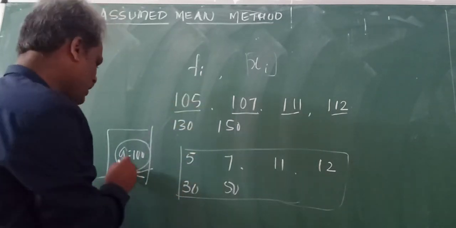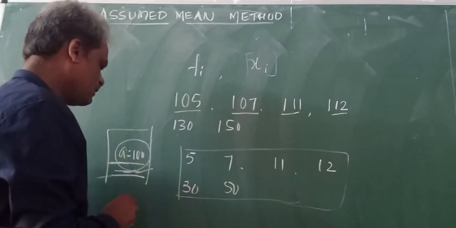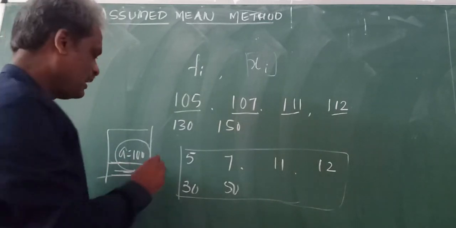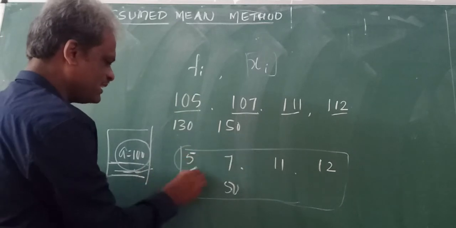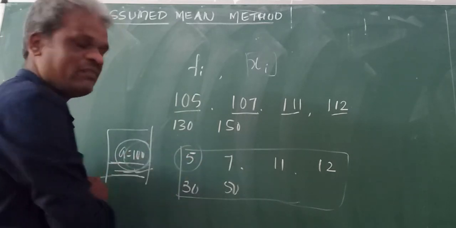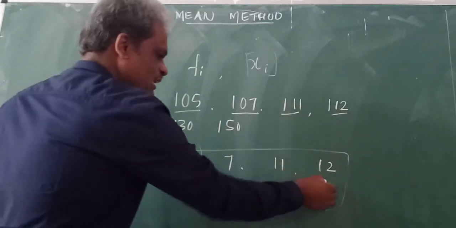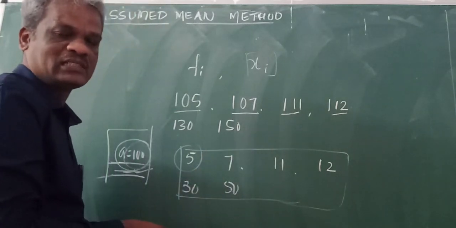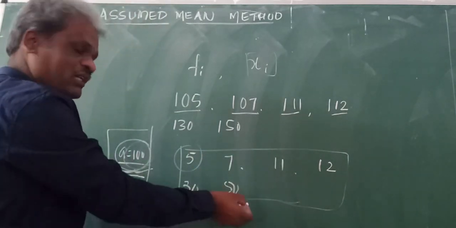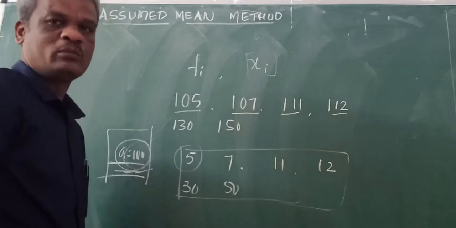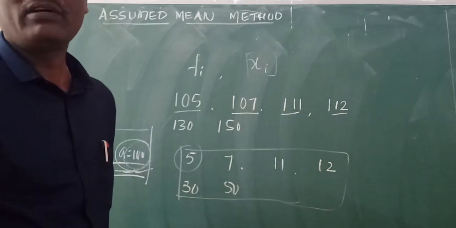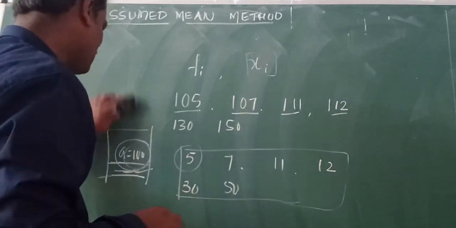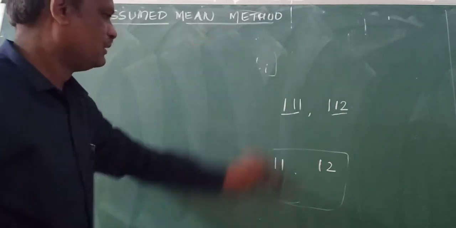That is called assumed mean. We assume some value as a mean value and find the deviations from this mean value. Find the average of these deviations, then add the average of the deviations to this assumed mean value. Then you can find it easily. So let us take one example to solve this easily.